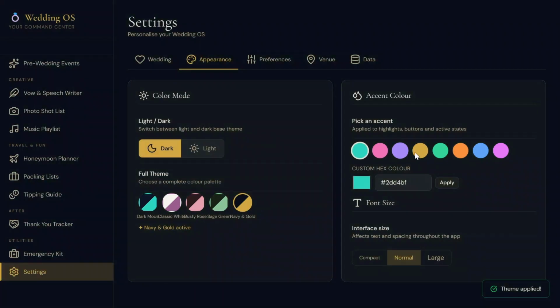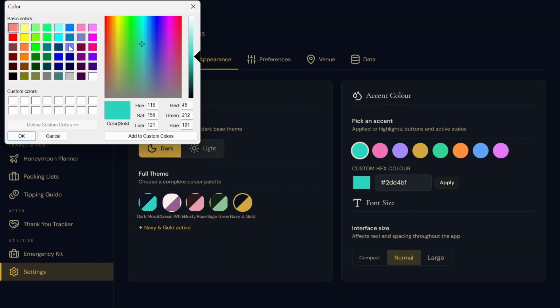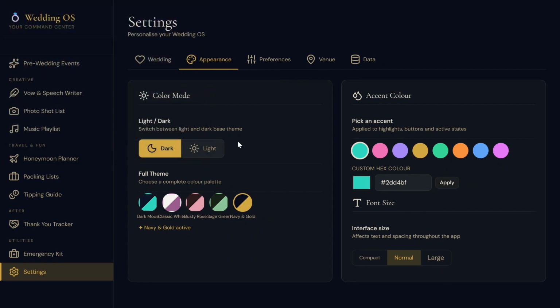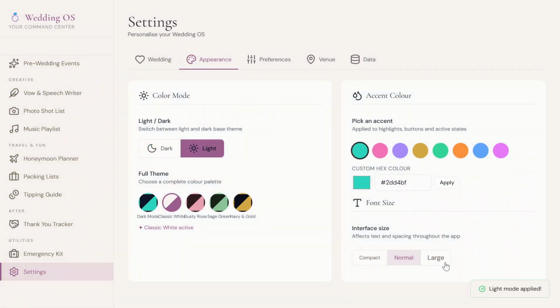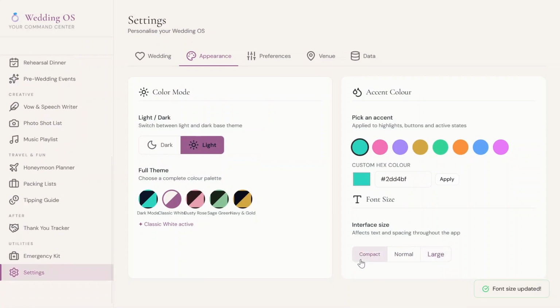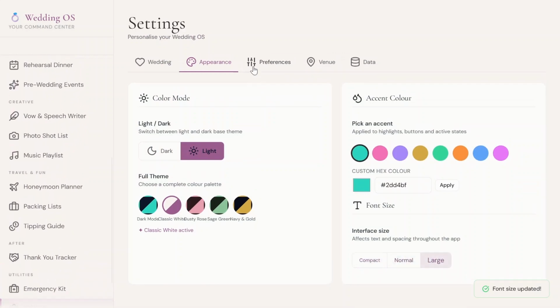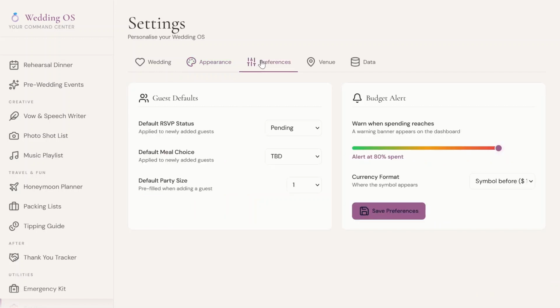color of the themes, whatever you like. We have given quite a number of colors here. You can, by the way, select different colors if you want to customize it. That option is also there. Then we have the font: compact, normal and large. I will not be going into details, we will cover that. Then we have a preference